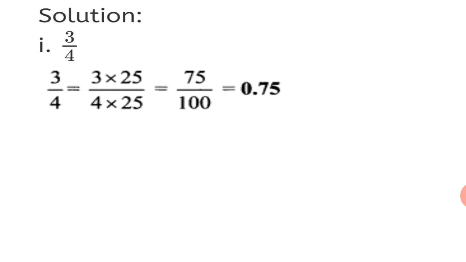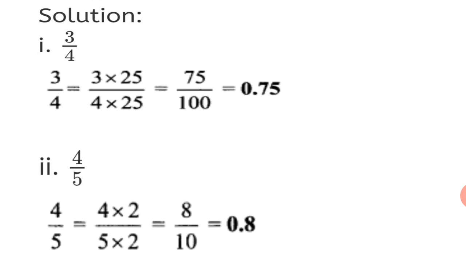Remember, you cannot write a common fraction into a decimal fraction unless and until you get 10, 100, 1000 and so on in the denominator. Okay, 1 and as many zeros. So 75 upon 100 is equal to 0.75. How? You have already learnt now. I will not be explaining in each and every sum. Count the number of zeros, then count the digits and place a decimal point. As many zeros are there, that many digits. 2 zeros, so 2 digits you count and place a decimal point and fill up the empty place with a 0. So 0.75 is your answer.